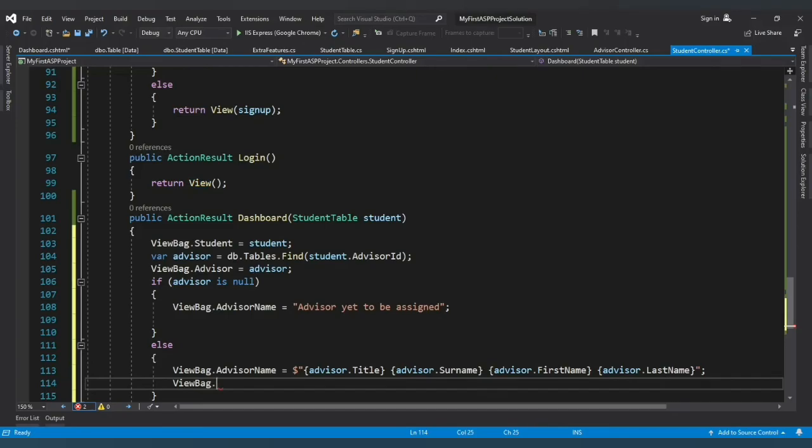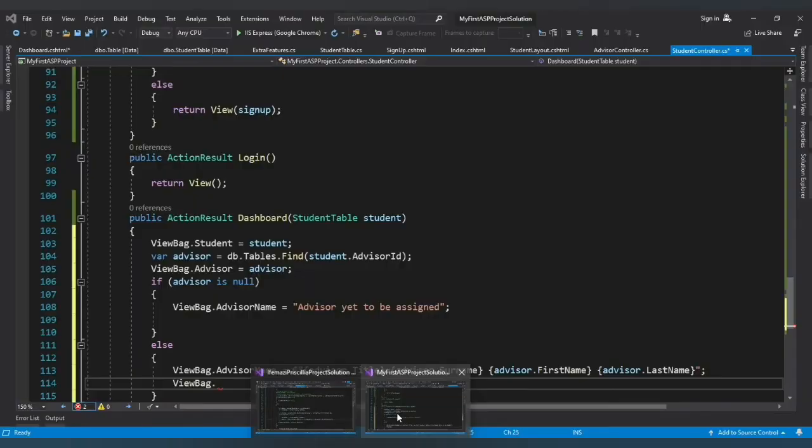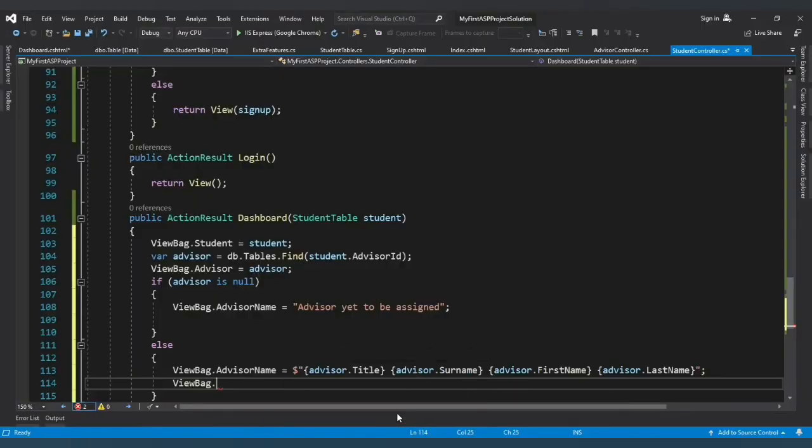What are the details there again? Right, so the advisor room number, email, and days of availability. All right, so advisor